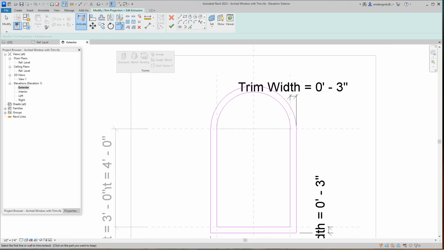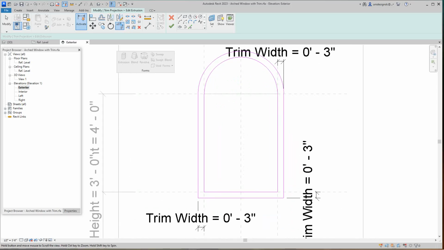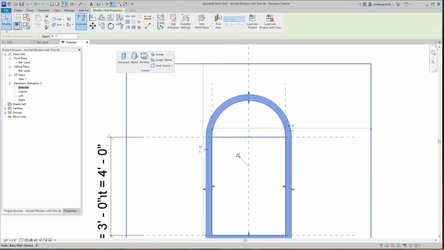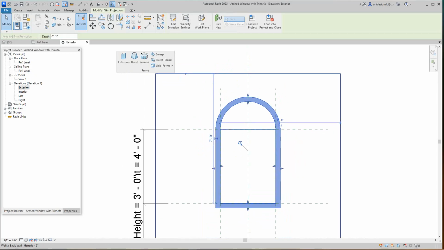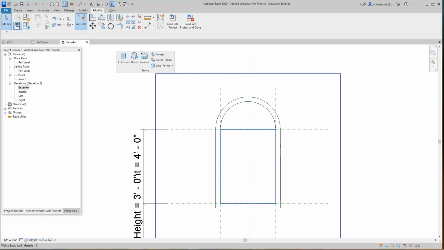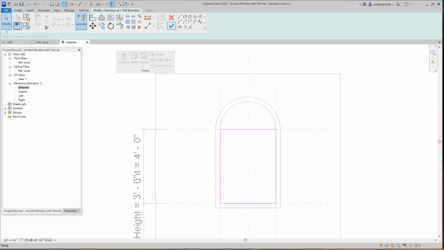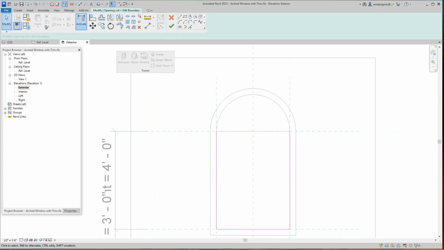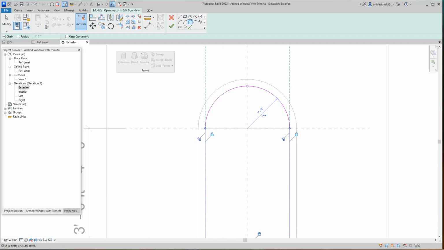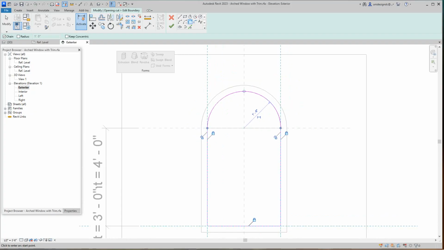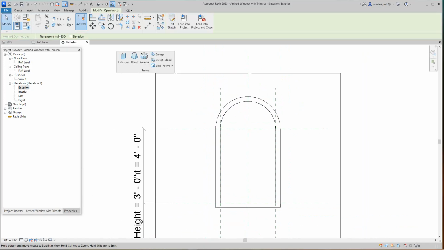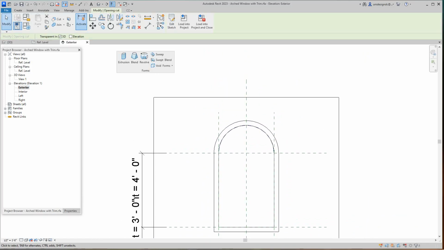Okay. And everything's in place, so I'm gonna finish that. And then I wanna grab this glazing here. Select tab to this. Got it. I'm gonna edit that. Just delete this out. Do another arc in here. And everything's locked. And then I'm gonna click finish here. Okay, so now